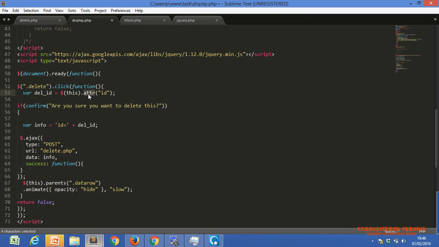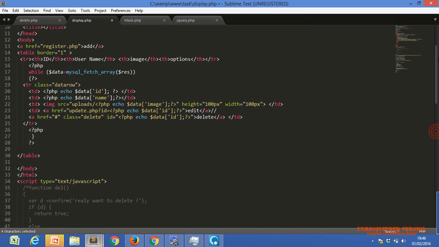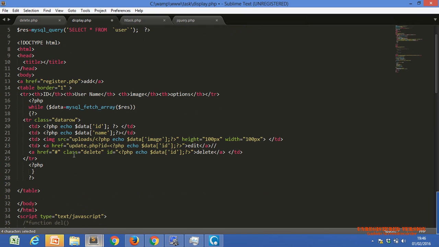It will just return the value of our property, the value of our attribute, means the value of our name, our class, our ID. There is a value within the name, within the class, within the ID. In this case, the class we have is delete, the value of our class delete in this anchor tag.